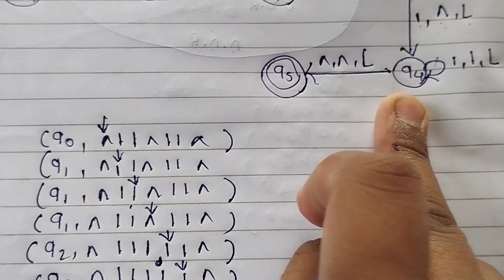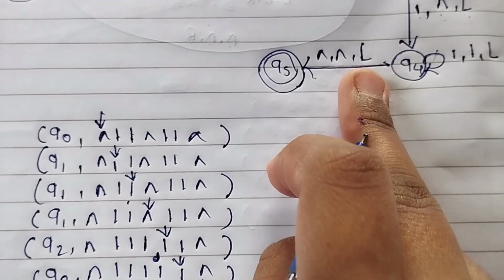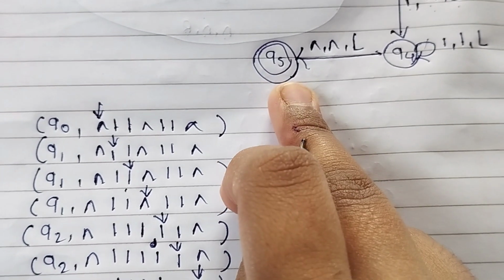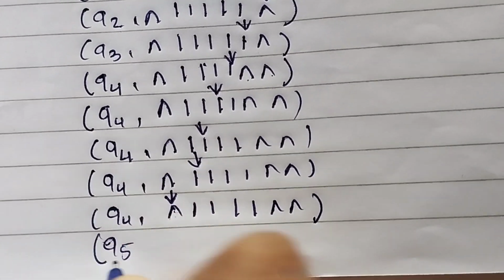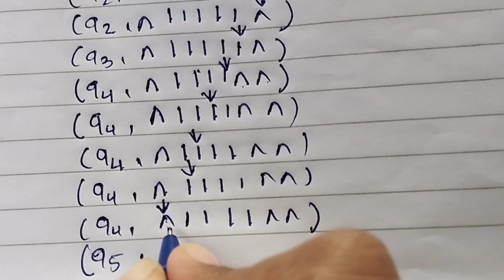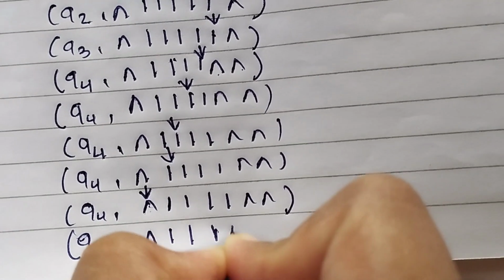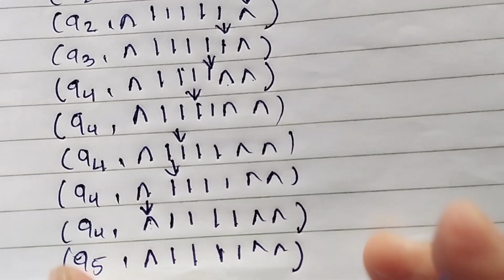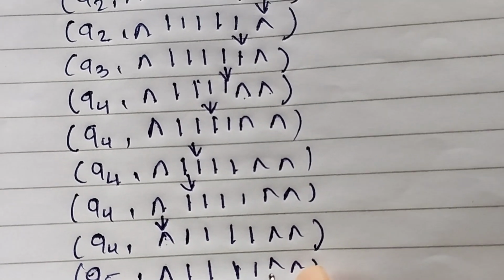Now in Q4 state you read the null, and for that there is a different transition here. If in Q4 state you read the null value, then keep this null value as it is and move to the left, and at that time we are in the final state, Q5 state. So in Q5 state, if you read null, then keep this null as it is, and all the remaining symbols are as it is. Now this is the final state, and we get the correct output also, 1 2 3 4,